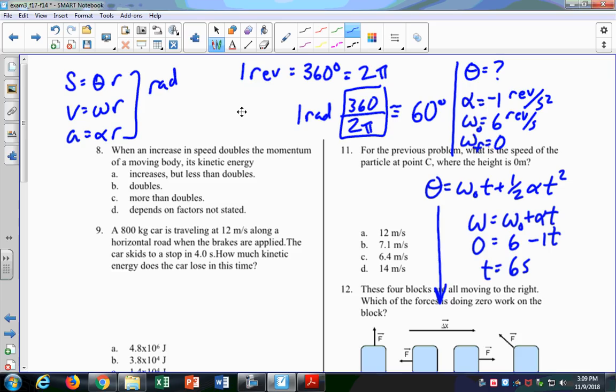When we're dealing with torques, like later we're going to see torque is equal to I alpha, this always has to be in radians. We might actually get to that a little bit today. All right? So this week what we've seen